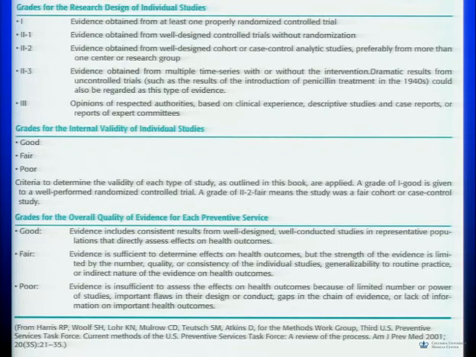So there's different grades for the research design of individual studies that go through, was it based on a randomized controlled trial? Was it based on a clinical trial that didn't use randomization? Was it from cohort or case-controlled studies that were well-designed and didn't have any problems with it? And this is really the epidemiologic evidence that I would want you to think about. So you can think about how high the evidence is for the different designs, with the randomized controlled trial being the highest.